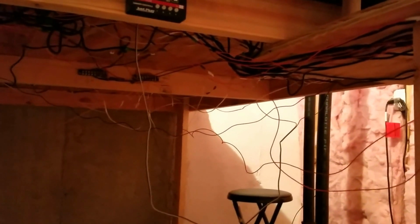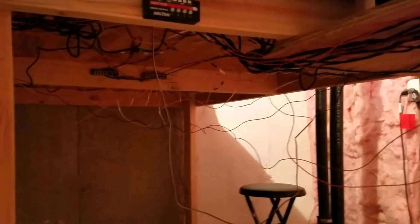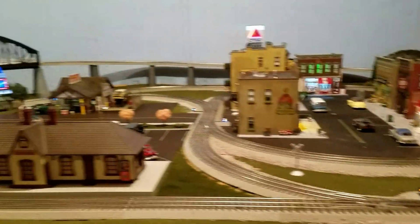So as far as the wiring goes underneath the table, I got all kinds of stuff going on. I mean, it's a mess, but I know what everything is. When I expand, I plan on doing things a little bit differently. I wanted neat, tight wiring. I thought I could do it, but being the first venture at this, I had no idea what I was getting into. Just no idea. So one thing led to another, kept adding stuff, and it just turned into a jungle. So again, I know what everything is, but I'll try to be neater when I go into the